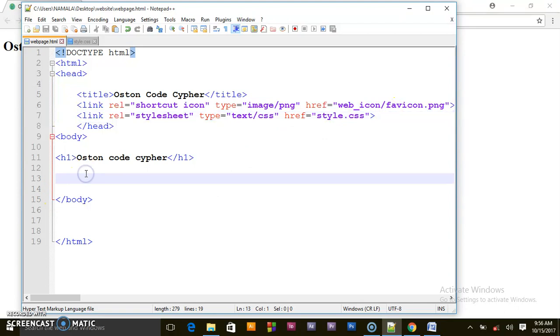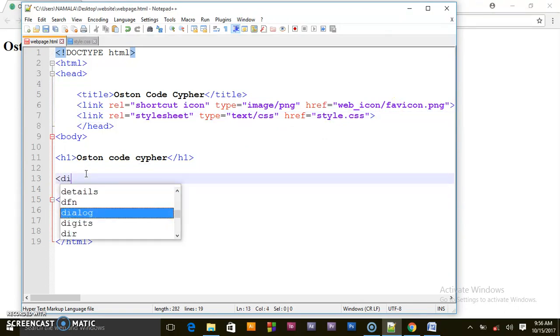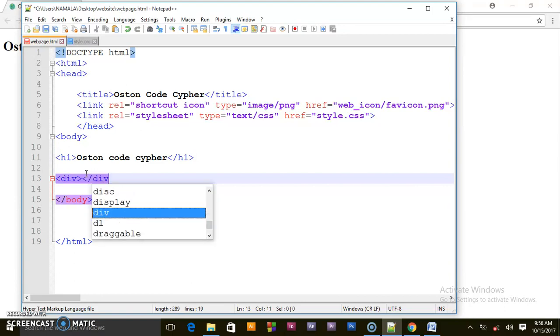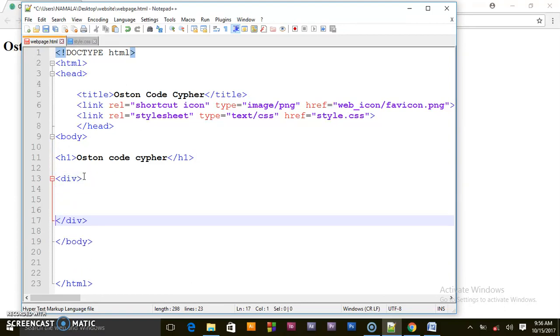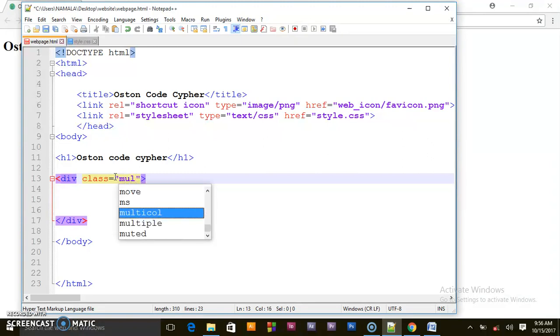So in our body we shall create a div. Now you can give an ID. If it's going to be the only div on your web page, you can give it an ID, but for the case when you want to apply it somewhere else, it's advisable to use a class, because you can put classes anywhere you want on any element, so long as you're going to be using the same style. So I'll call this multiple cols, short for columns,